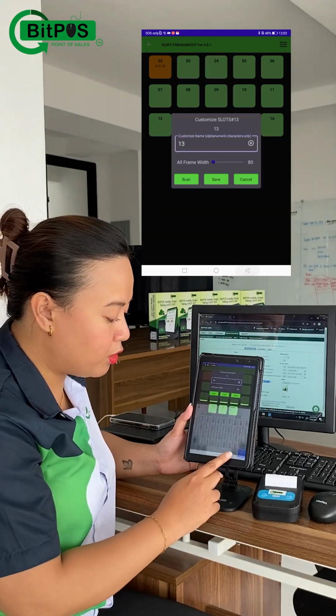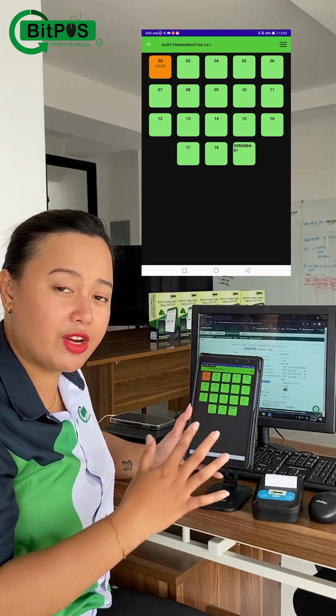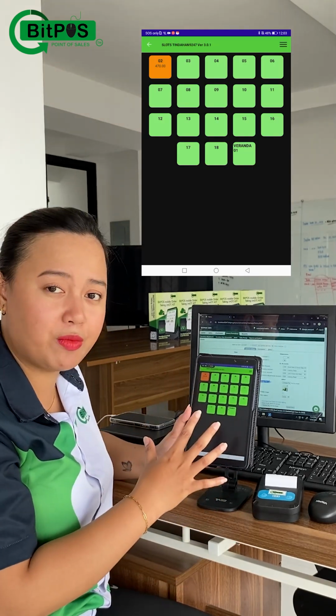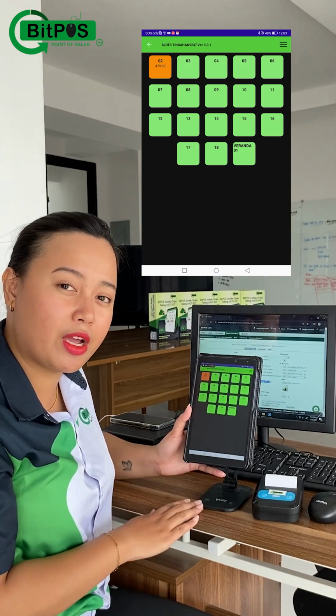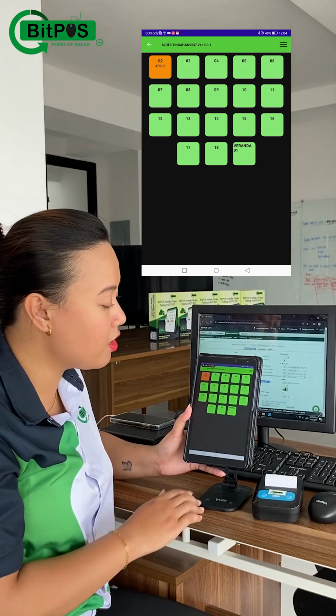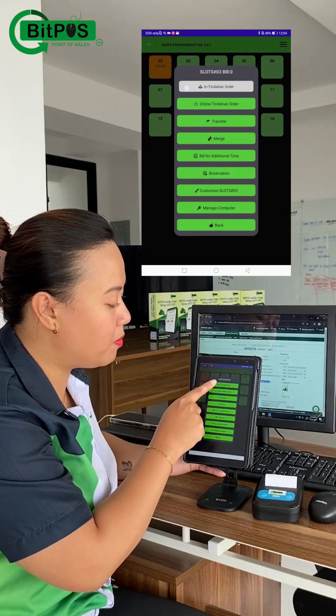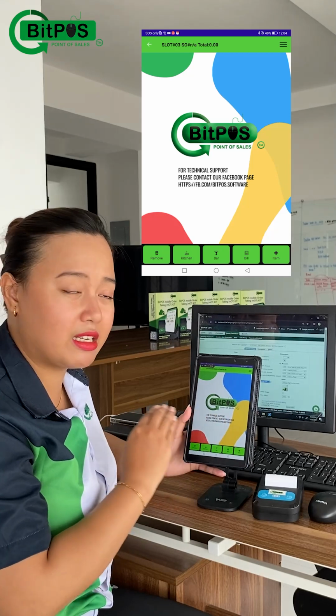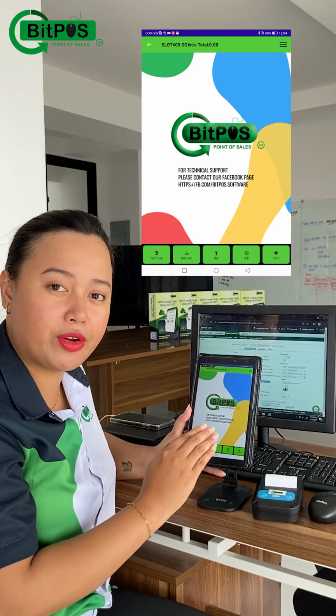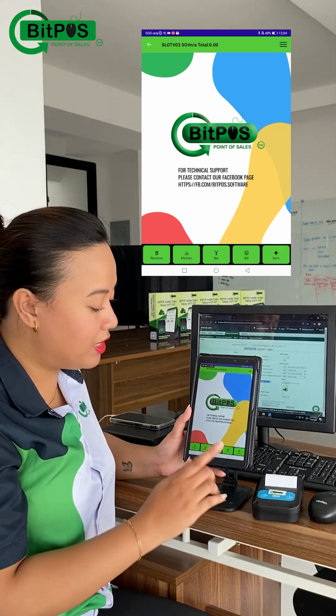If you don't want to do the tabling format like what I have on my screen, we have an option also in the system where we can do the direct or pay as you order process, where I can just tap a specific table and then tap tindahan order, where you can just directly key in all the necessary orders from your customer. So I'll give you an example.